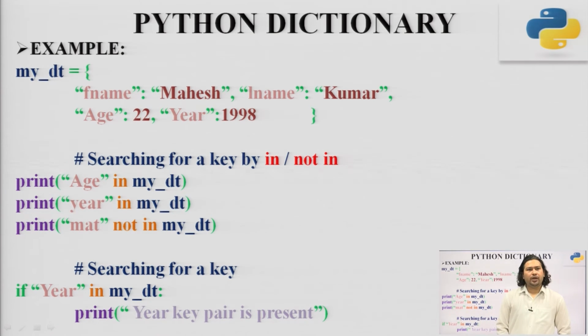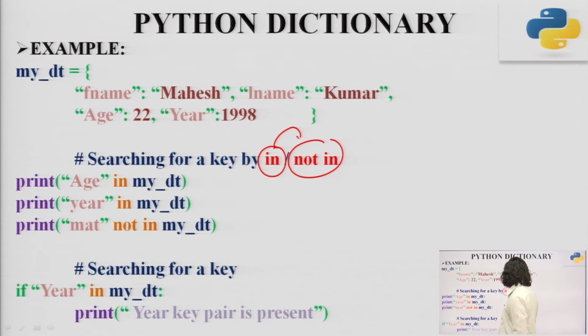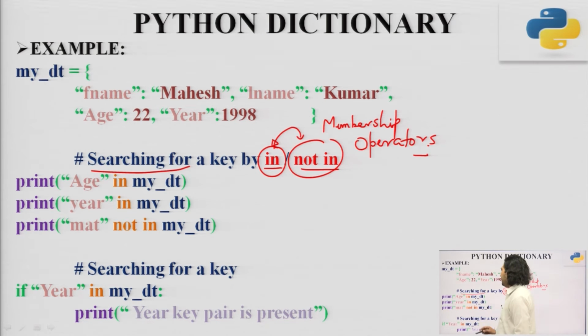Next thing is, now we are going to search for a key by using the in and not in. These are considered as membership operators. So, we are using the membership operators in and not in to search the keys in a given dictionary variable